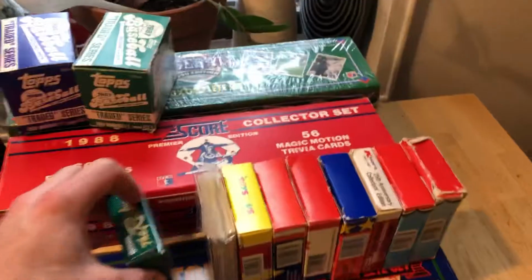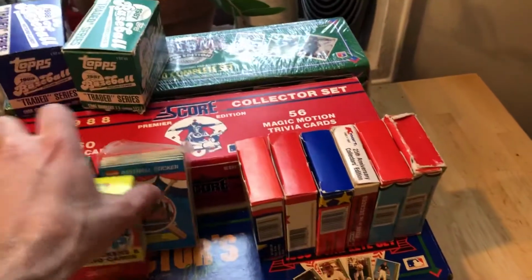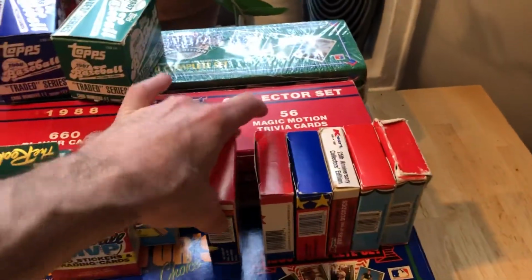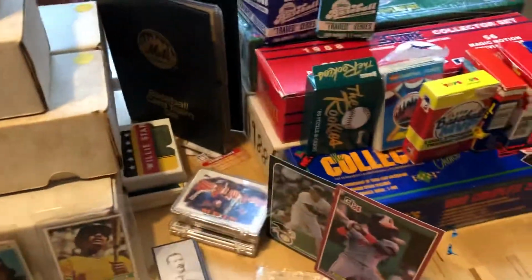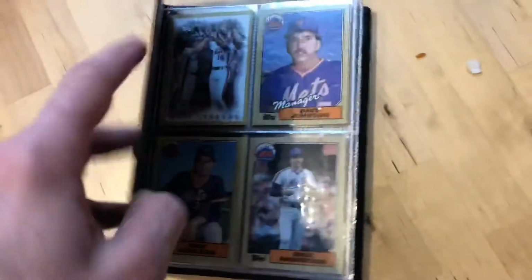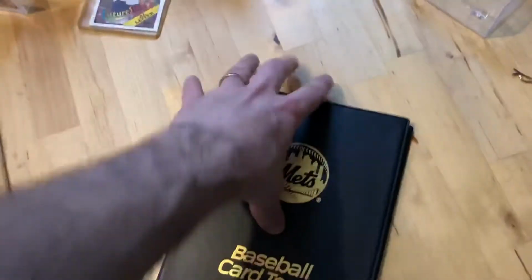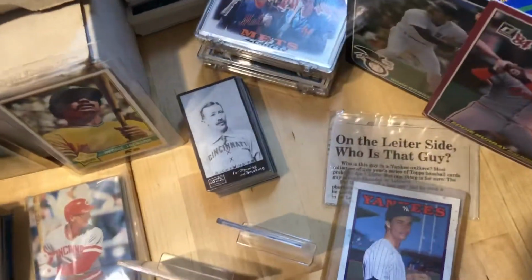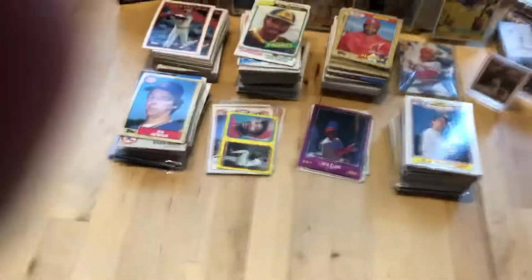Then I think I'm going to devote another video to these because they're so weird and interesting. These are mostly Fleer, Kmart cards, Toys R Us cards, stuff like that. But those are really fun to look at. This guy was clearly a Mets guy. He has the 87 Topps team set, it looks like here, and then a bunch of other Mets cards. I could spend all day